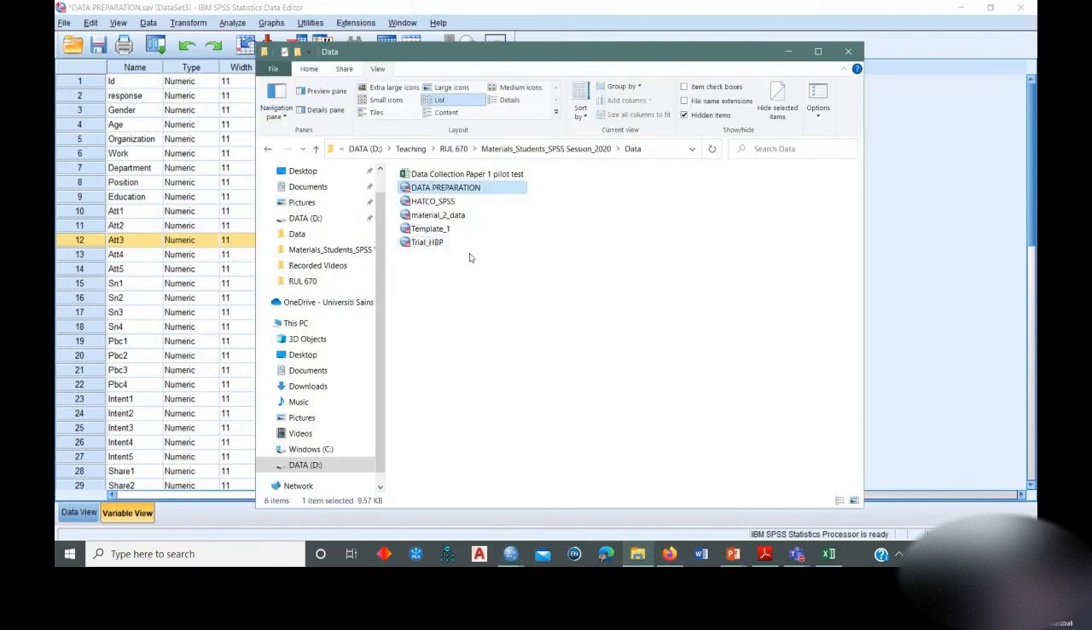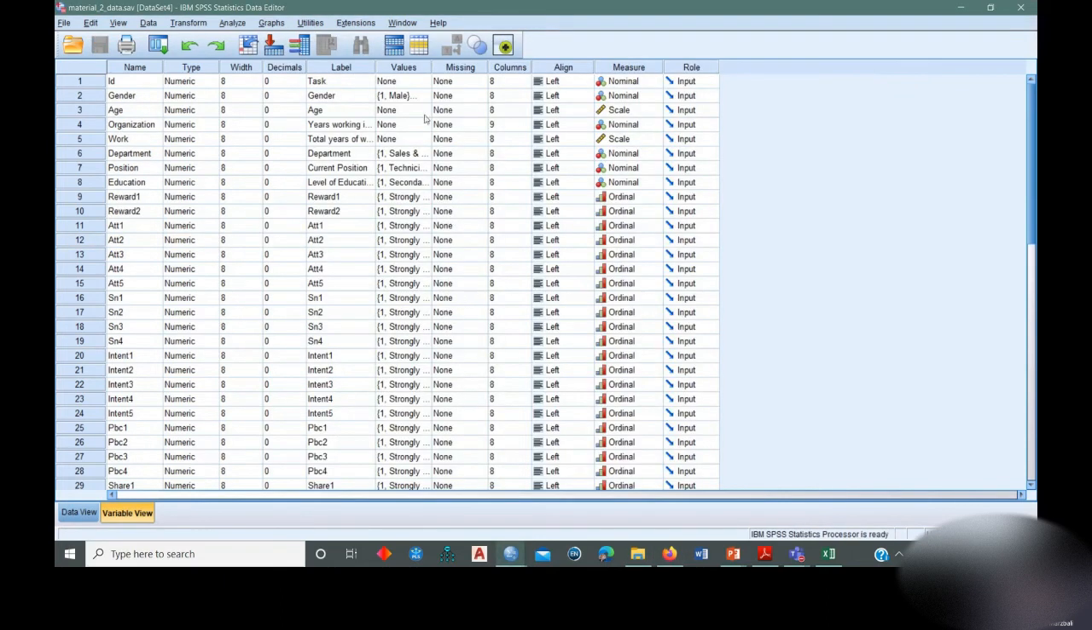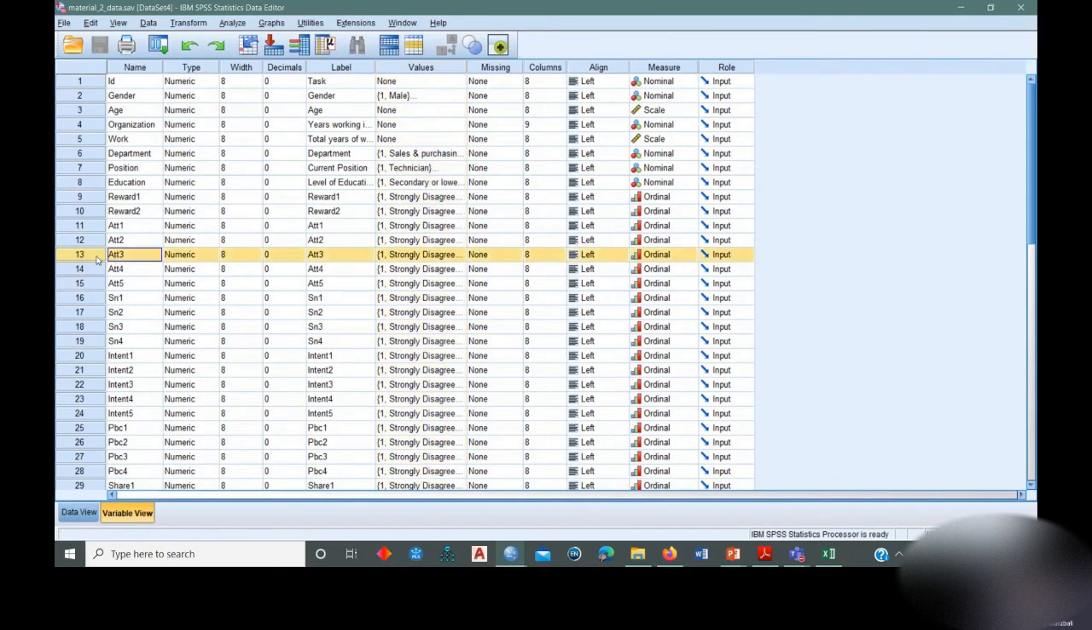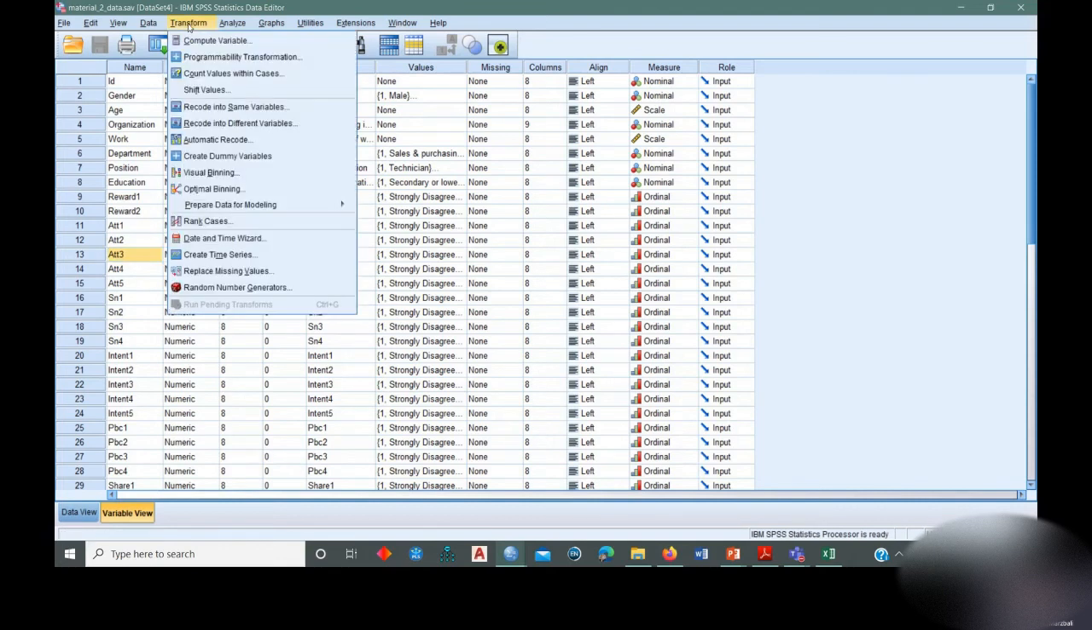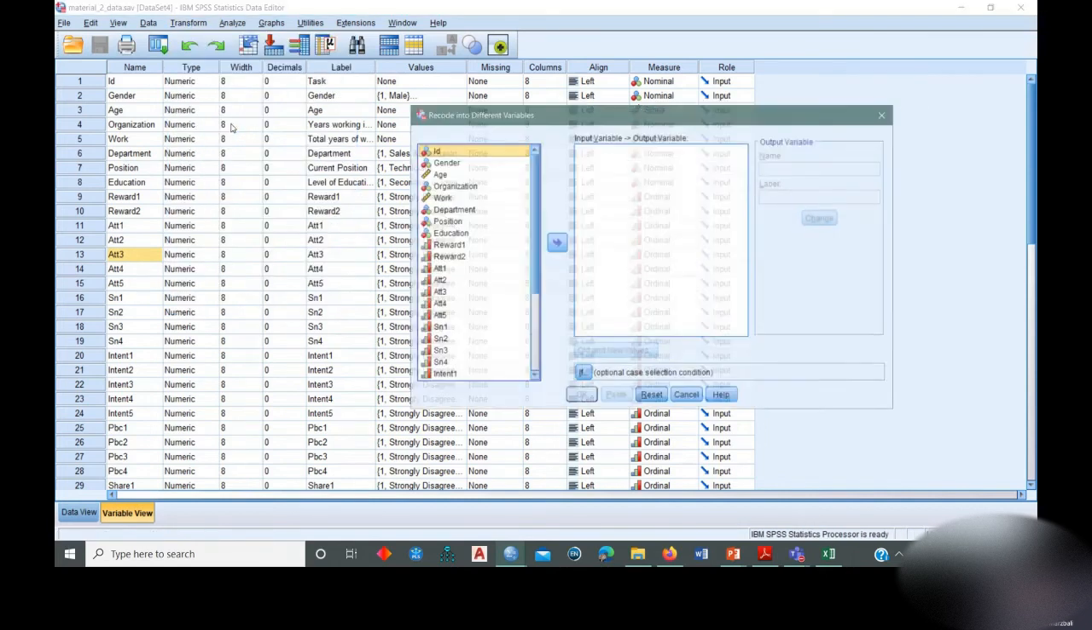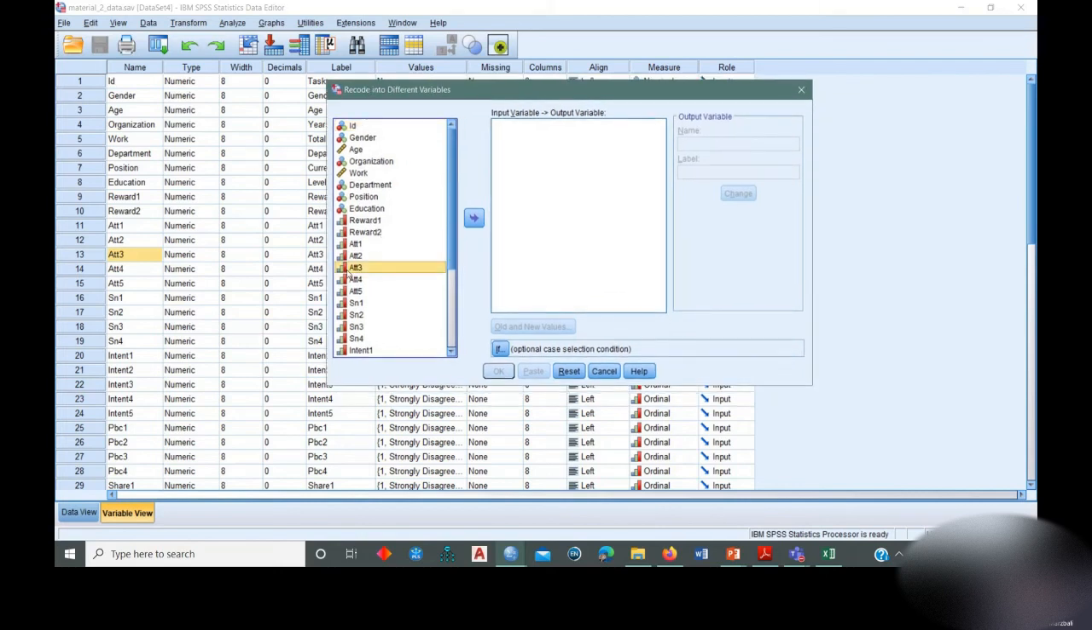maybe we just open our material 2 data set, and then let's assume that our attitude number 3 is a negative item, and then we want to transfer this negative item to a positive item. In order to do that, we need to go to transform, and then we need to go to recode into different variable. Okay, so we need to choose attitude number 3, and then we need to put it in